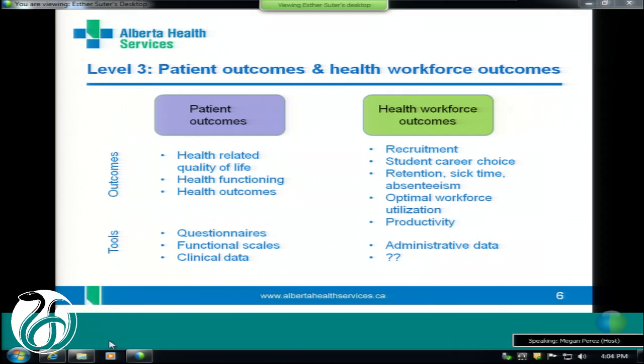Optimal workforce utilization, again, that's something that we have spent a great deal of time on. In terms of defining it, which is quite tricky, utilization really refers to how providers are organized and deployed in an organization to deliver patient-centered care. And it's really hard to define what that actually means to optimize that. But I think we would be looking for pieces like